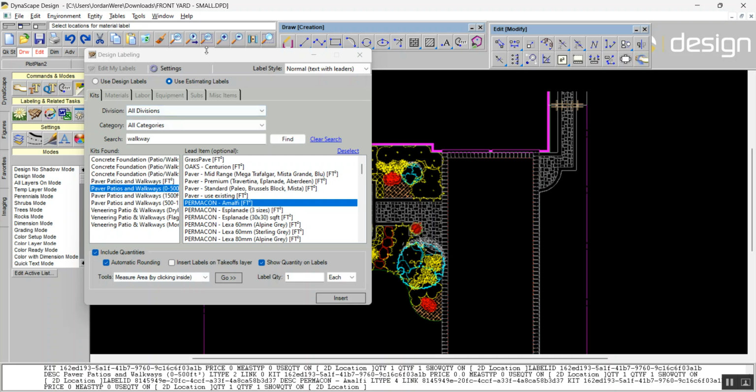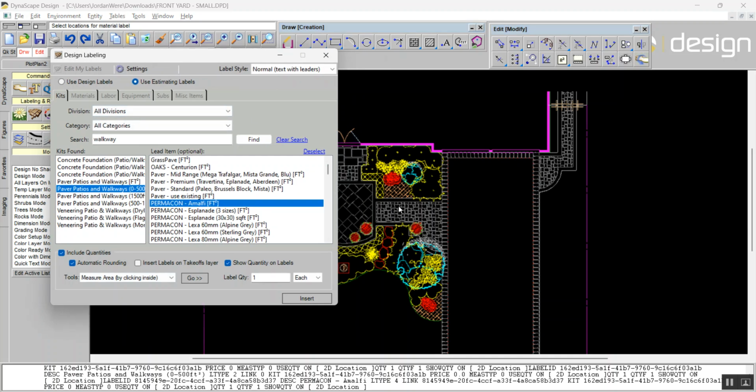So I want to measure the interior, the area of this walkway right here. Right, any enclosed area in design, I can use that to measure and label it. So I'm going to use this tool, measure area by clicking inside. There's a bunch of them. I could draw a polygon and then take the area of that. I could select the boundary of something, but this is a nice enclosed area here, so I'm going to